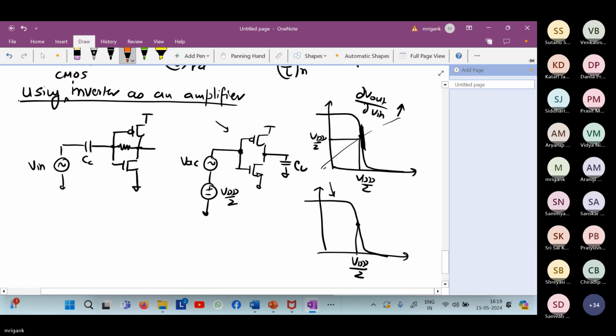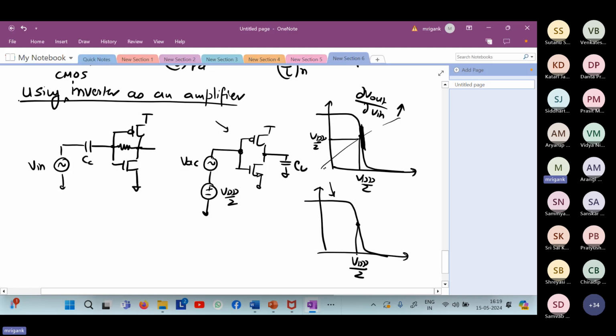Yes, anyone? Same question, whatever we discussed just now. Only thing is I have replaced W by L with VT. So what I'm saying is you have done the simulation, you have sized the PMOS and NMOS so that VDD by 2 is the trip point, and that requires the mu P by mu N ratio to be something like 2. The W by L ratio is equal to the mu P by mu N ratio, approximately 1:2, assume. Now, after fabrication, what happened? You saw that the NMOS threshold voltage was slightly higher than expected.